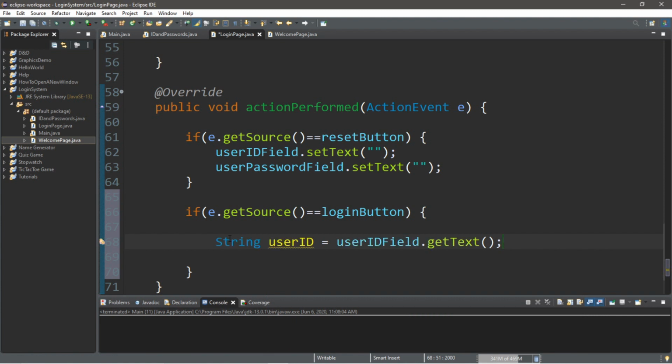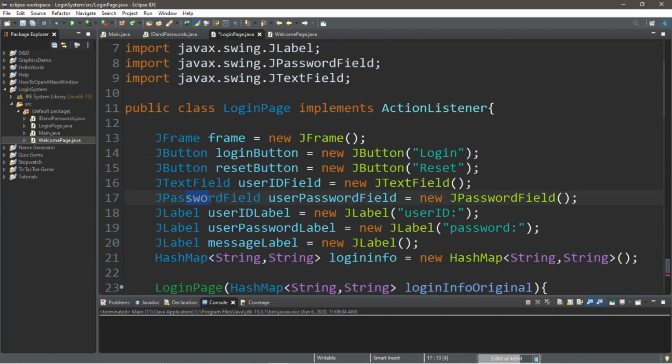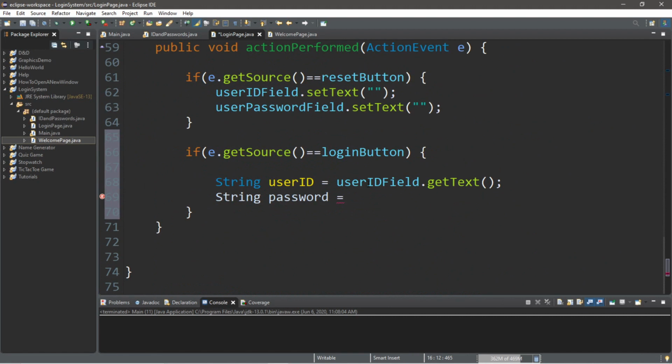Then we're going to do the same thing for password, except we have a slightly different variation of this. So string password, and since we're using a JPassword field instead of a text field, there's something else that we have to do.